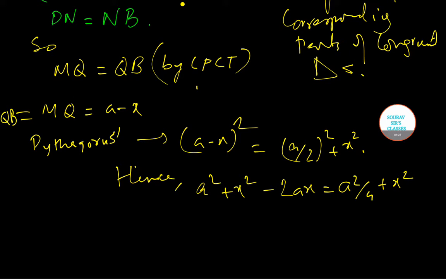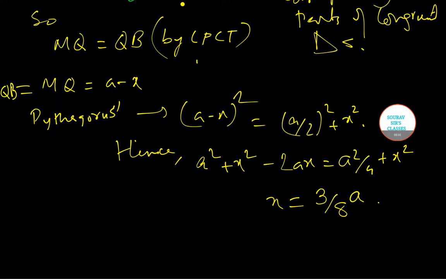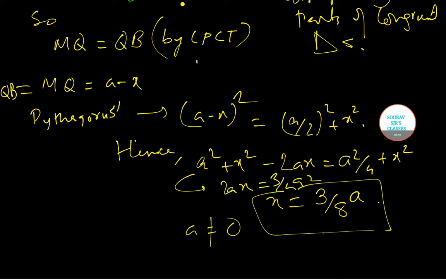So this will give us x equals to 3 by 8 of a, since this will be 2ax, which is equal to 3 by 4 a square. So we will get x equals to 3 by 8a, since from this we have 2ax equals to 3 by 4 a square,